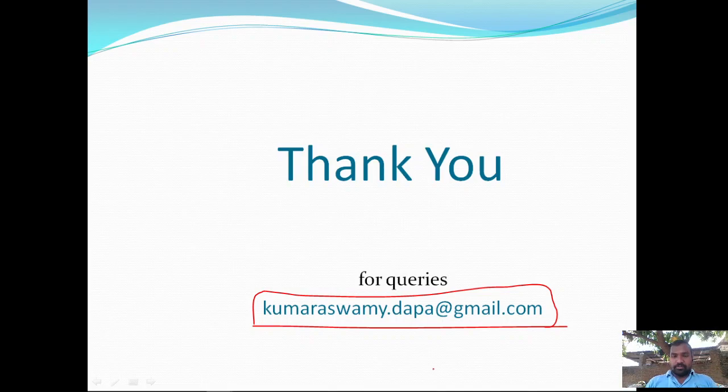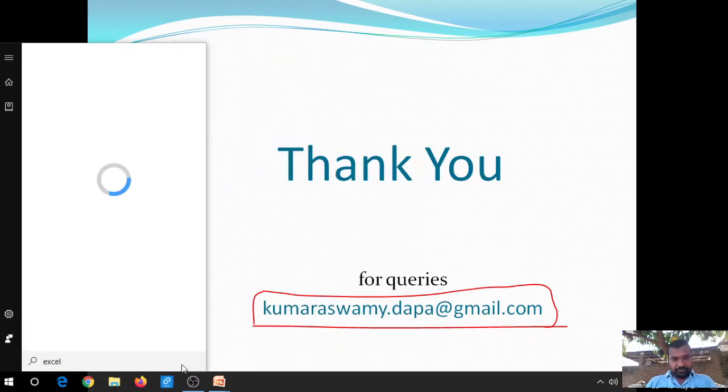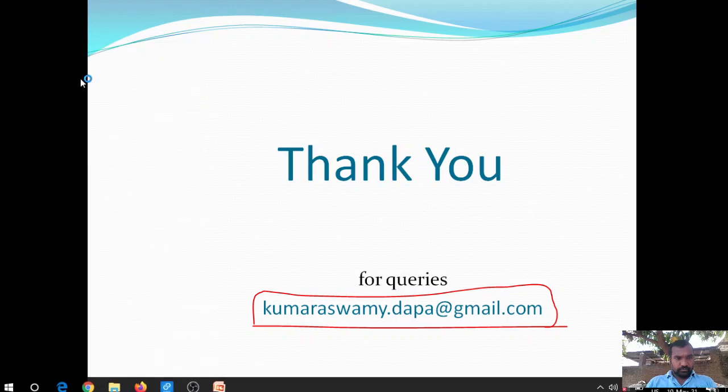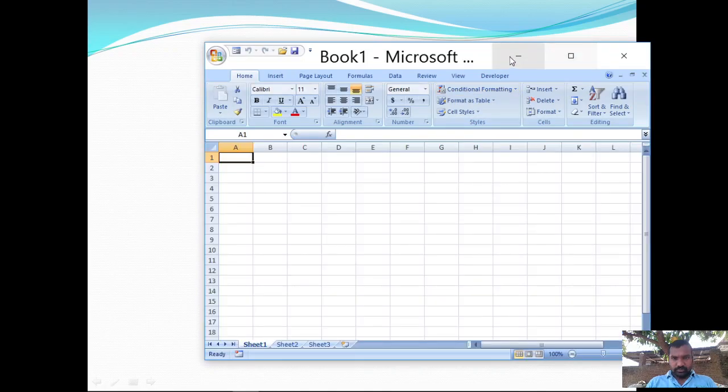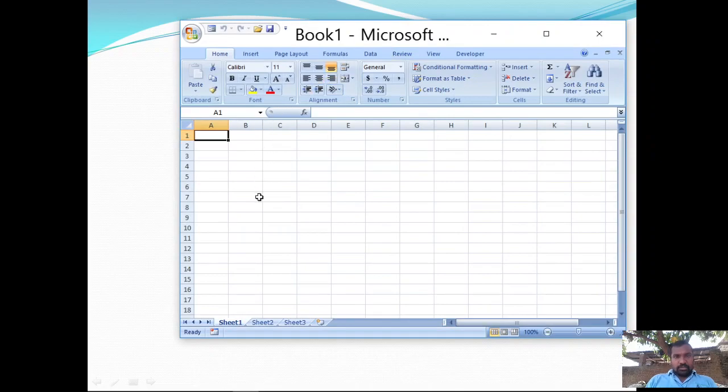So let us do the practical session on how to freeze, and how to name and rename the worksheets in the workbooks. Now I am opening the Excel application. So you can observe here, this is the new book that I opened. The default name is Book 1. If you create a new book, it is named Book 2, Book 3 and so on. By default every book is associated with 3 sheets: Sheet 1, Sheet 2 and Sheet 3.